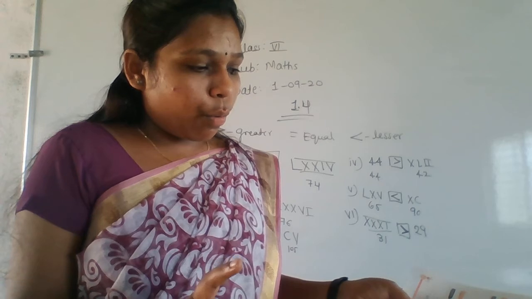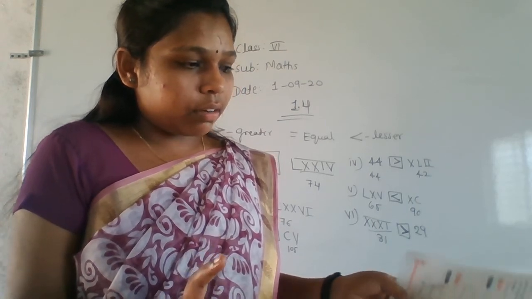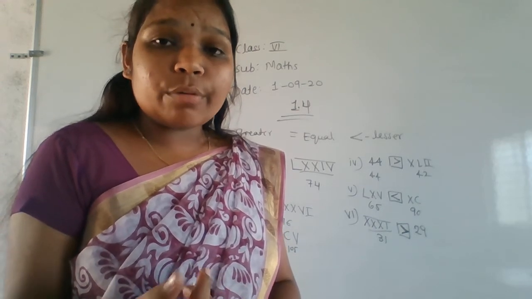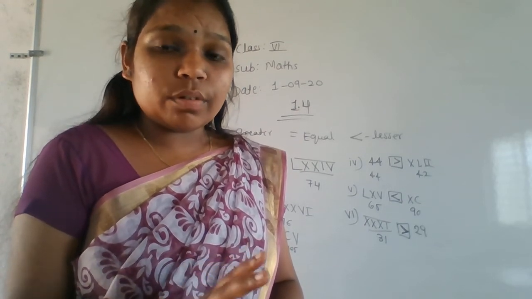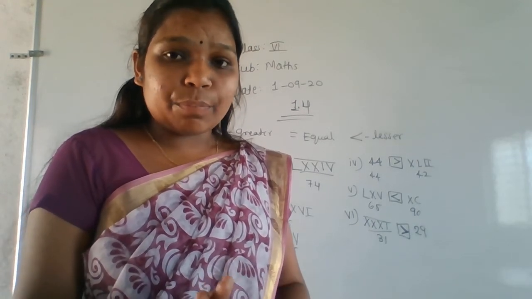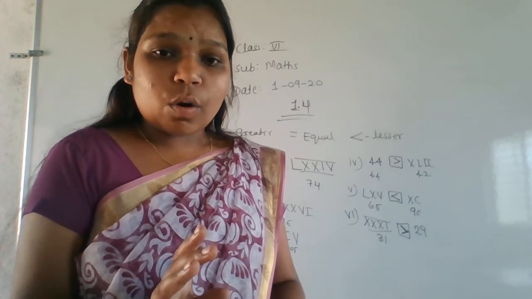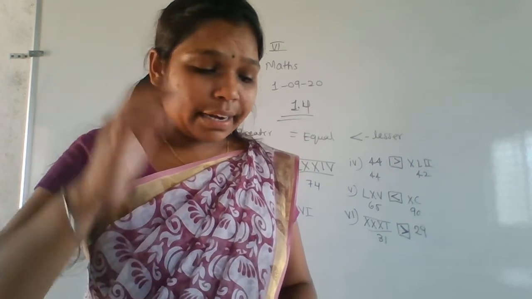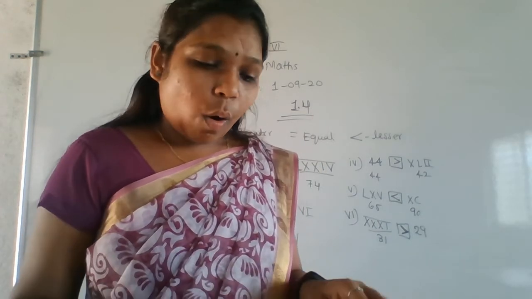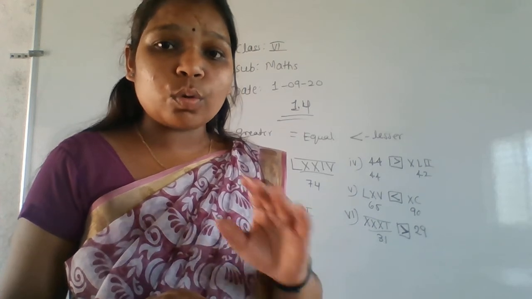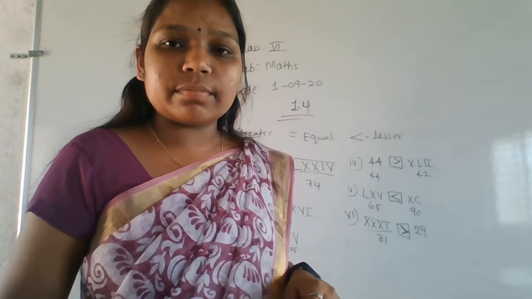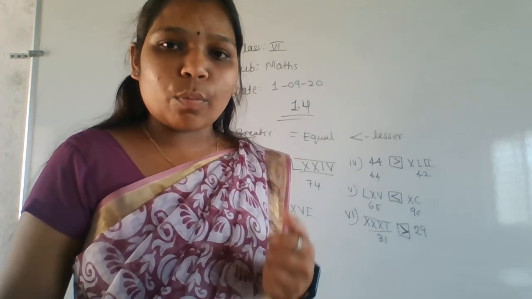So please do your homework. Don't neglect anything. Okay? Because in that box they gave us some hints, so those are the rules we have to follow while writing the Roman numbers. That's why I gave that as homework. It's a very important point. Please be thorough with that. Okay? Don't just write with a blank mind, drawing by seeing the TV and writing all the things. Okay, don't do like that. Whenever you are writing, your concentration should be on the textbook only, not on the TV and not on the mobile.